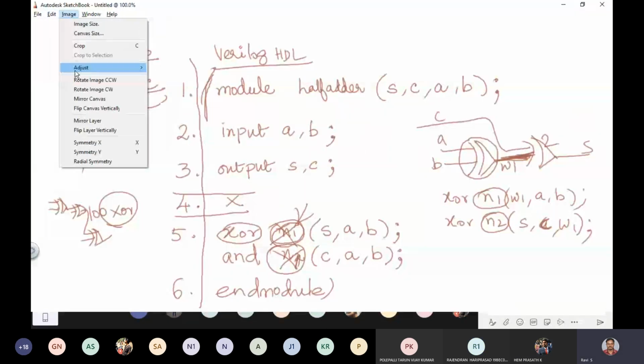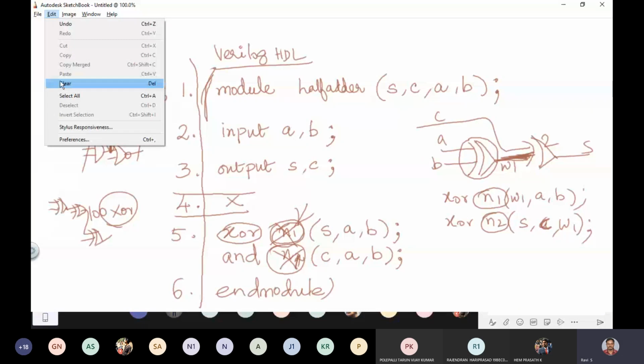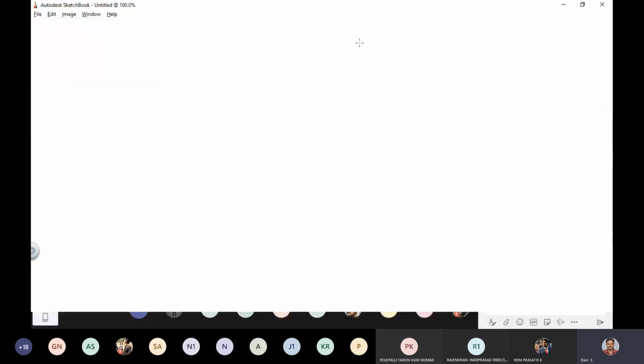Now I'll go for a small circuit with wire. I'll take subtraction now. That circuit is called a half subtractor. Board is visible, right? So what is a half subtractor?